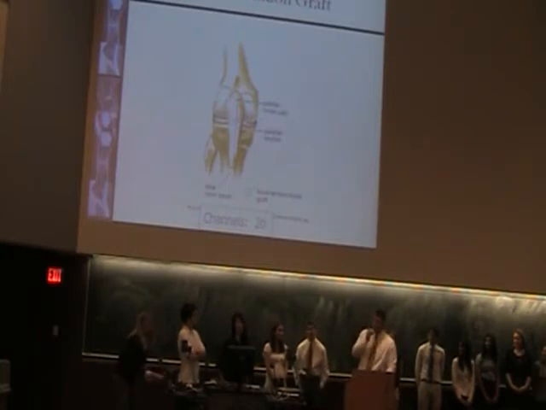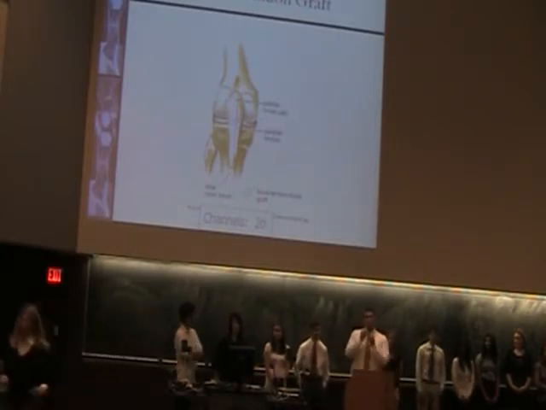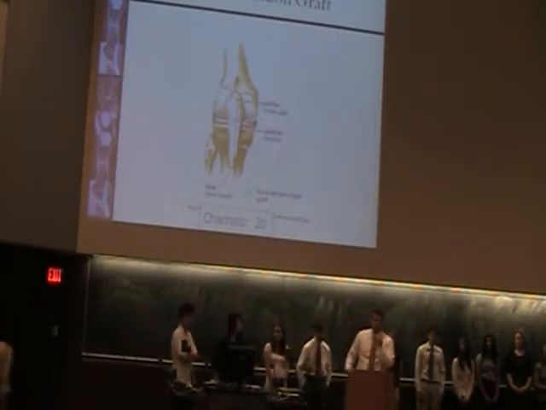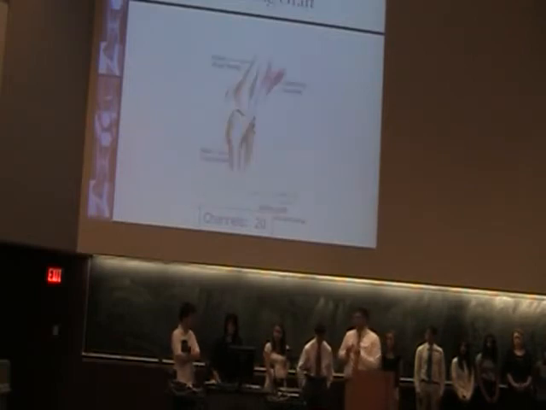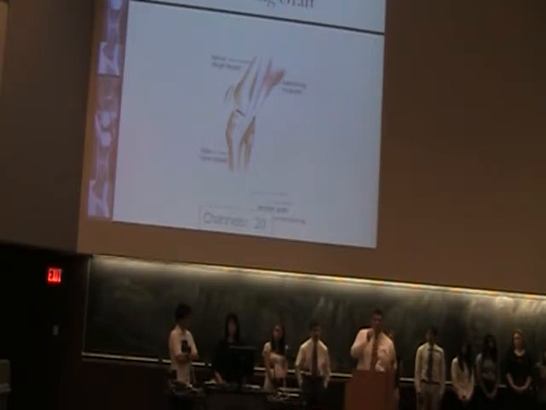Wow. Bone patellar bone. So the bone patellar bone graft takes a piece of bone from the kneecap and a piece of bone from the shin bone and a tendon in between, and that's used as the graft type. The other graft type is a hamstring graft, which takes some of the tendon from the hamstring muscle that attaches it to the shin